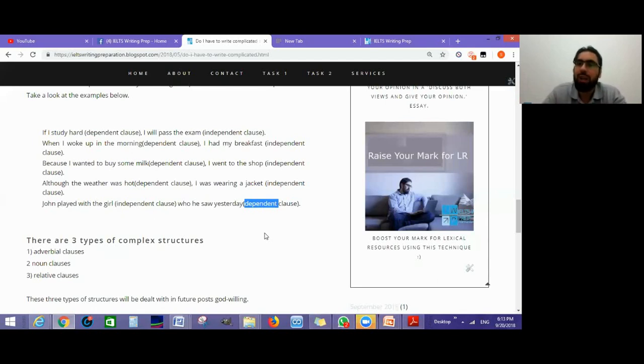For example, we could also use a noun clause as an object of a sentence. So we could say something like, I believe that. So believe is the verb, and then what's going to come after it is the object. So what do you believe? I believe that technology is a positive thing, or whatever it is that you're going to say.